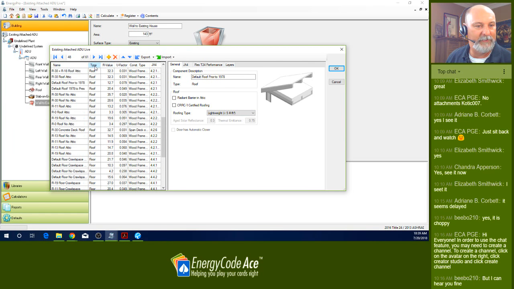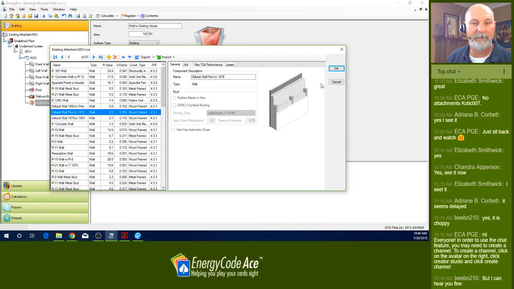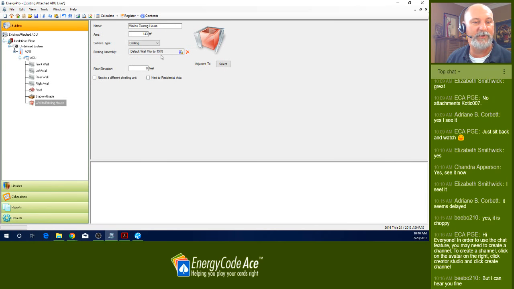I like to sort these by type. That way I don't select the wrong one. If you selected a roof feature by mistake or a floor feature by mistake, the software is going to have a fit. It's going to say that doesn't make sense. You defined a wall and you put a roof assembly on it. So make sure that those are accurate. And the easiest way to do that is just click the